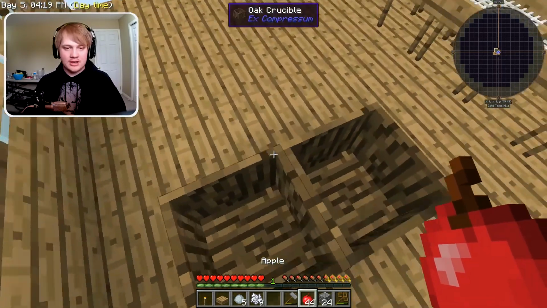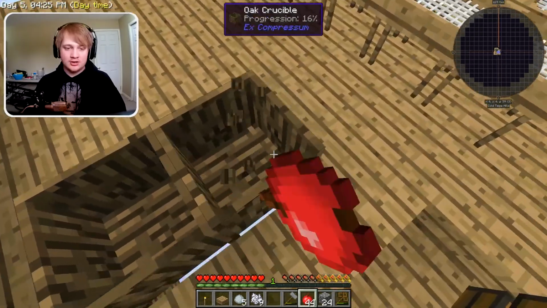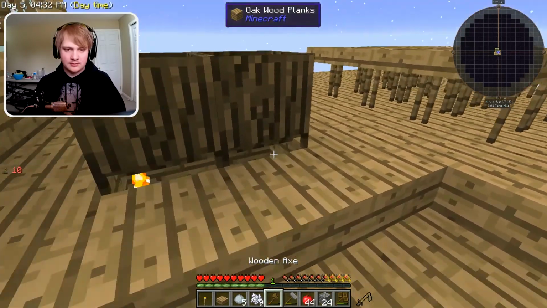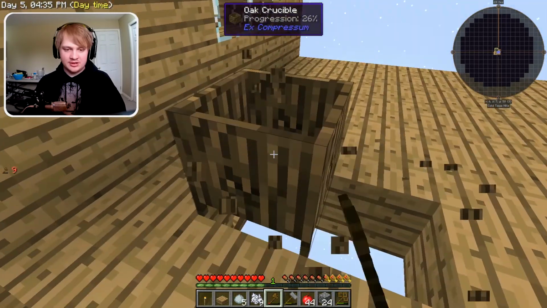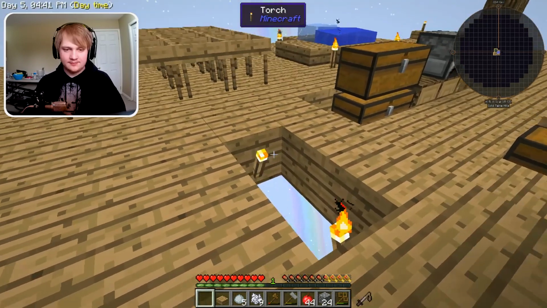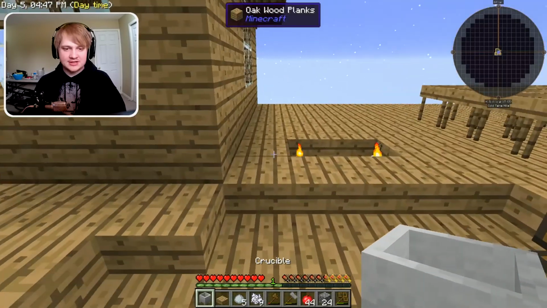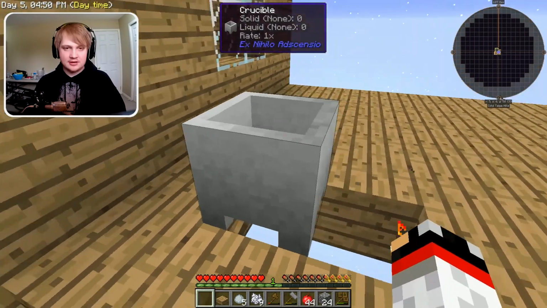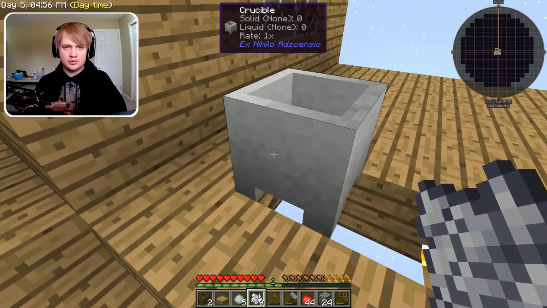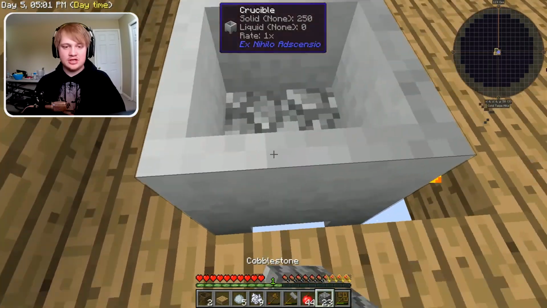So I'm going to take these down because I now have all the water I need. I don't need more water. So I'm just going to remove those, just because I don't need them anymore. Now, where'd my other torch go? That's odd. So the wood crucibles and the stone crucibles are the exact same. Next to this one, you put in